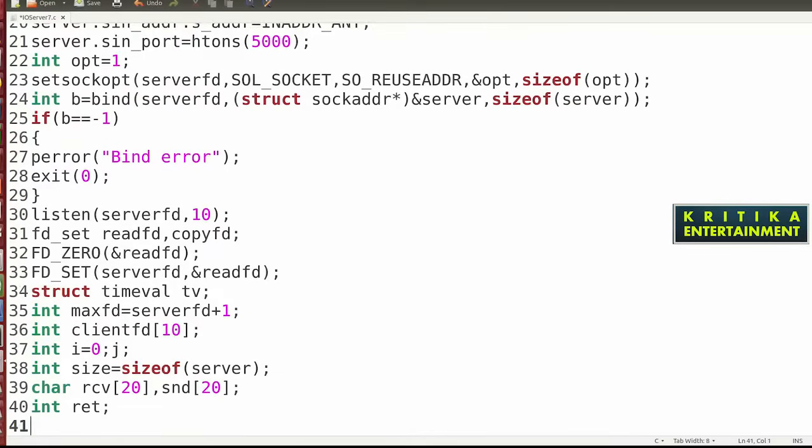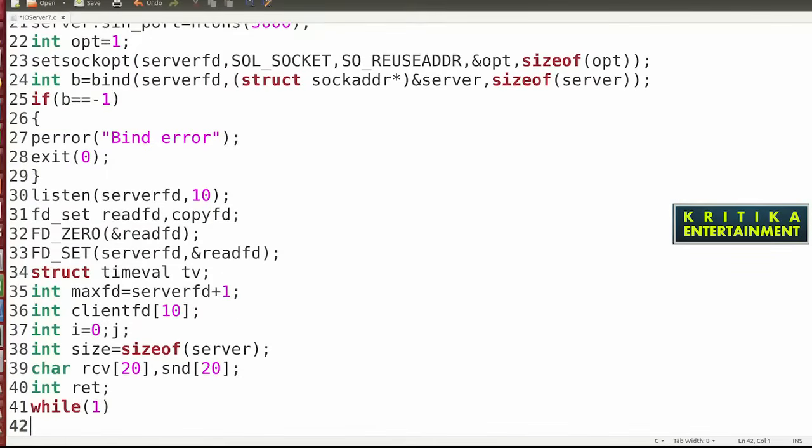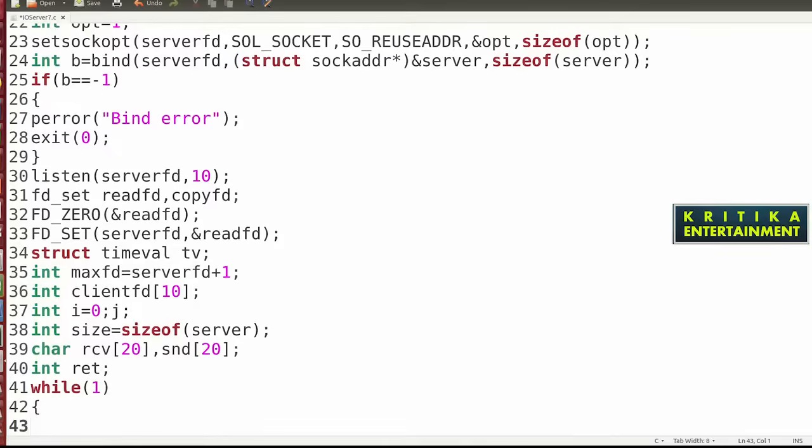Now while 1, then copy fd is equal to read fd.